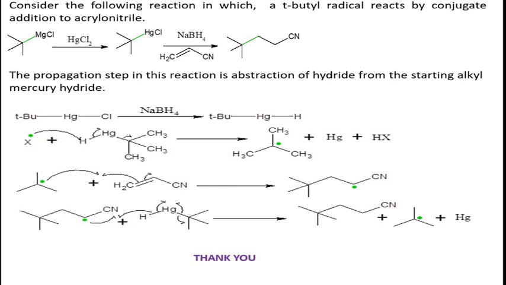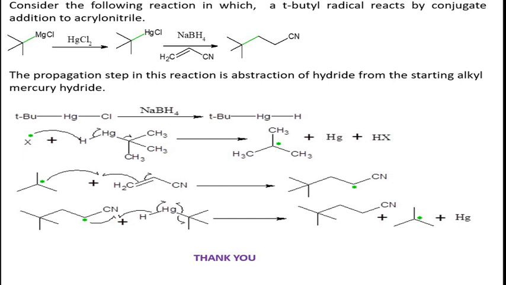There is formation of tertiary butyl mercury chloride, a good source. This on reduction with sodium borohydride generates tertiary butyl mercury hydride. These are unstable, generate an alkyl radical, which reacts with acrylonitrile, CH2=CHCN, and